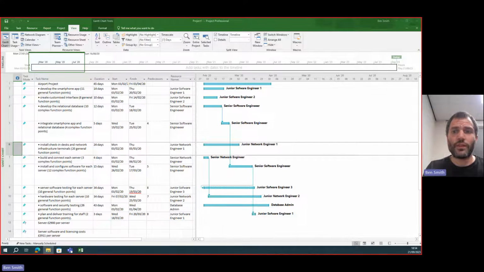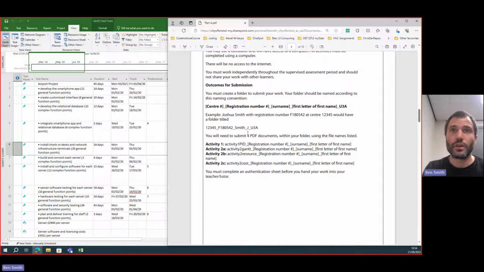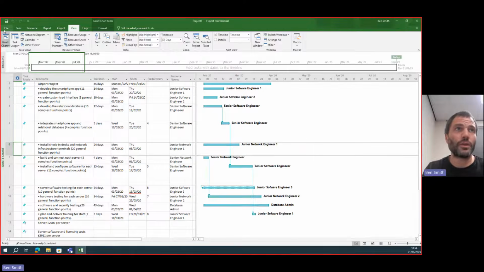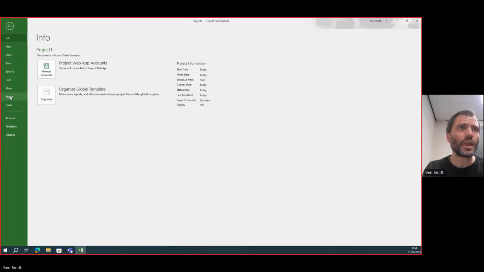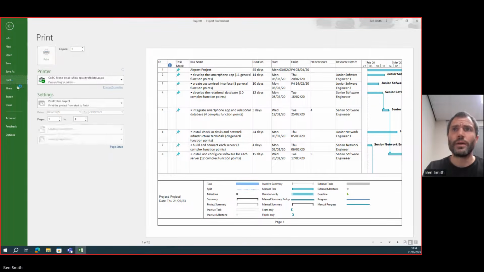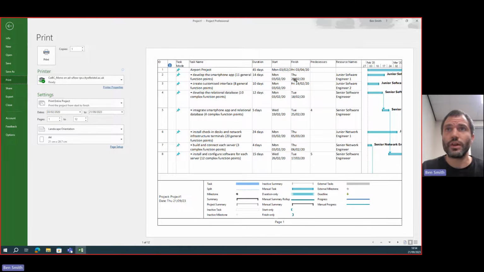Right, so we've got everything saved here in this folder. This is the final bit that you need to do. The first thing we needed, I said, was the activity 2 Gantt chart. So I'm going to copy that format for what we're going to save this as, and I'm going to go to print, and check in the print view how it looks. The key thing we've got to show to the exam boards is all the different individual tasks, who we're assigning to them, and the dates. And then over here we've got to show